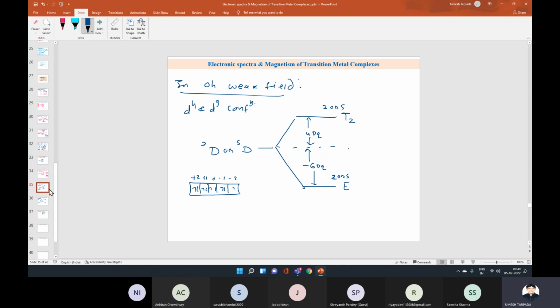B is the Racah repulsive factor, Racah parameter, and beta is also नेफेलोक्सेटिक रेशियो। वो भी कैलकुलेट करेंगे, बट वो सब बाद में, एक बार स्प्लिटिंग हो जाए उसके बाद।